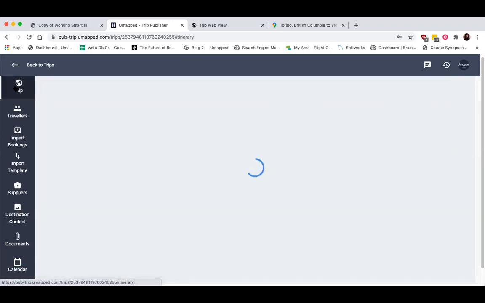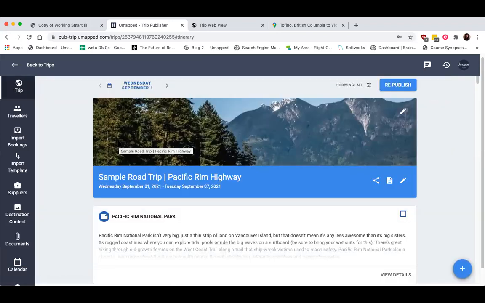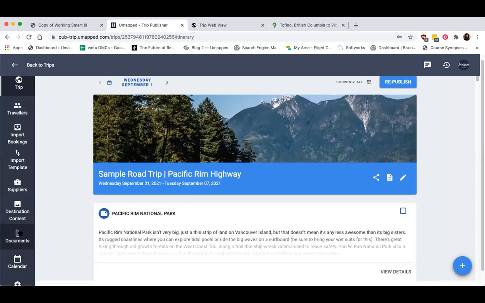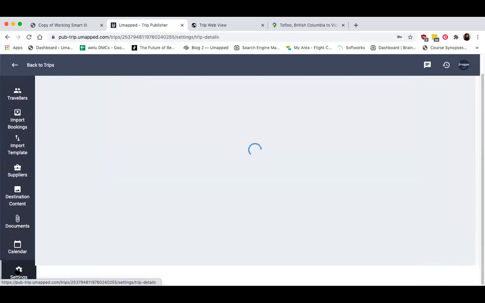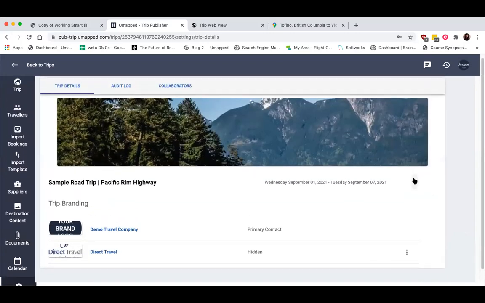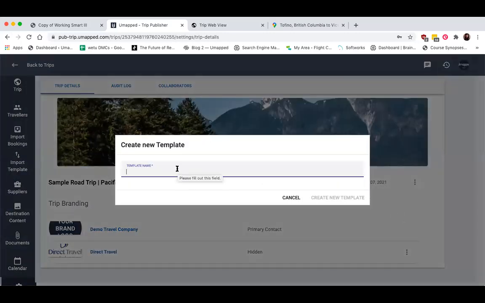Okay. And then the last thing I want to just talk about a little bit is saving this as a template. So if this road trip worked out perfectly well, it had all of the points of content that I wanted to put into it, it has really good transportation segments, really solid hotels, and I know this is something that I'm going to use in the future, you'll want to save this so that you can access it later on. And to do that, I'm going to go to my settings and I'm going to click on the options icon, which is just to the right of the trip name and dates. And from here, you have the option to create a new template and just give it a template name. So I can call this my best Vancouver road trip.